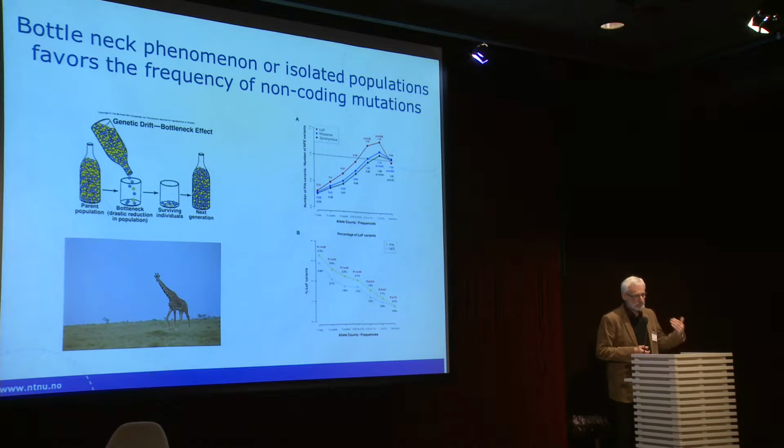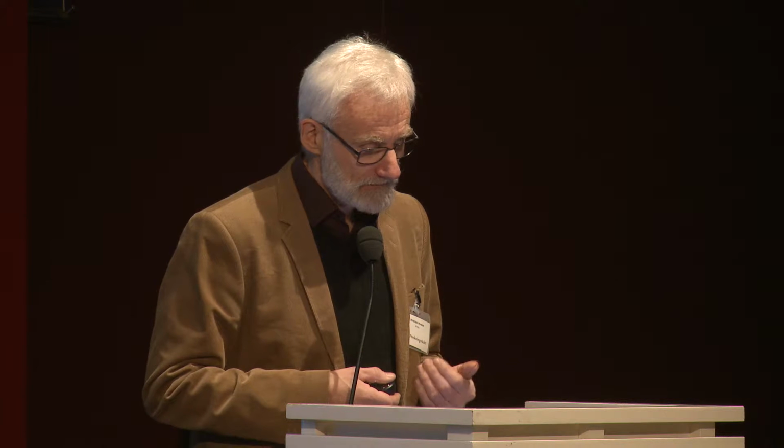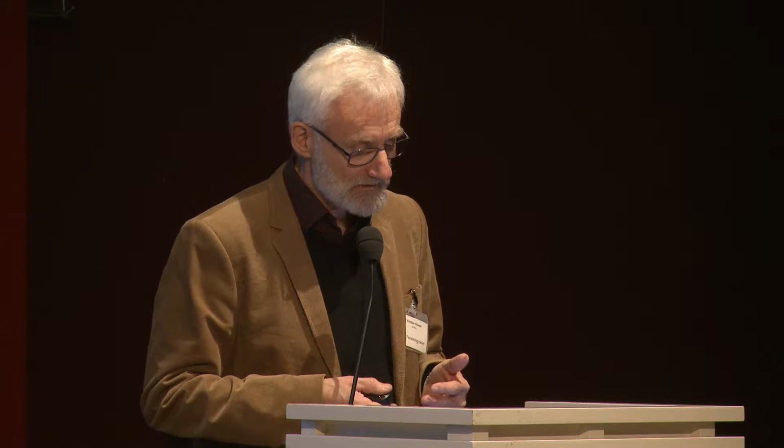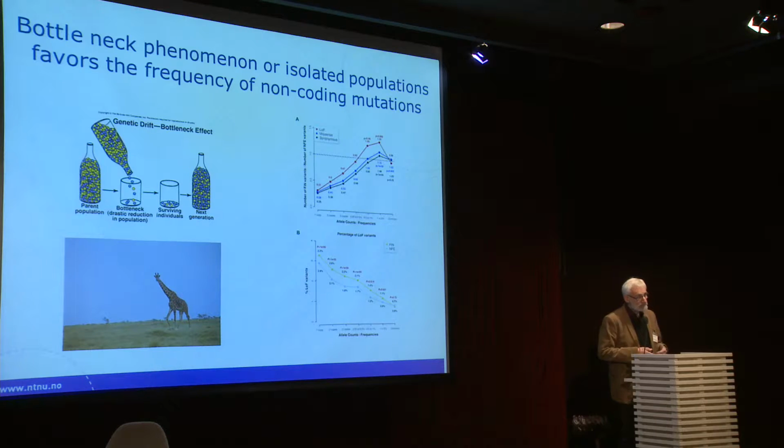So if you go back and memorize what I said in the previous presentation, we have genotyped 170,000 Norwegians. Some of them are from quite interesting populations. They could be what we call populations with a bottleneck effect, meaning that out of a parent population there would be some genetic drift. There could be a drastic reduction in the population. Some could move out, some will stay put, and surviving individuals will have a different genetic development. And we can also talk about isolated populations, as this poor fellow here,